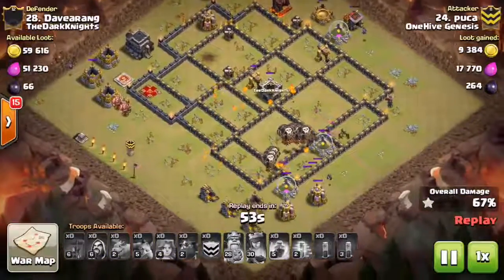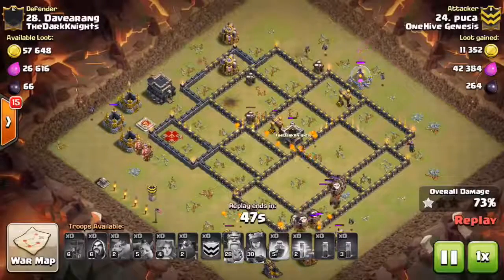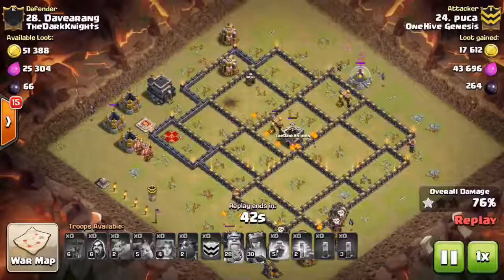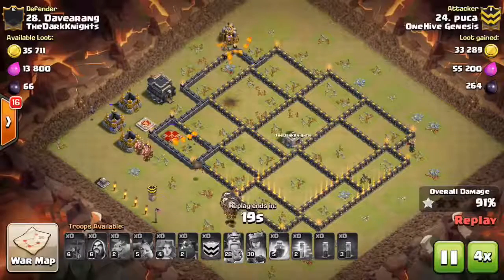Not that it mattered. Has plenty of troops for cleanup. Probably could have used a few goblins up there, to be honest, just to take out the storages in the town hall, but he has plenty of time either way, so that's kind of splitting hairs. Awesome attack to Puka. Innovative, like I said, and really, guys, just to emphasize one last time, main lesson of